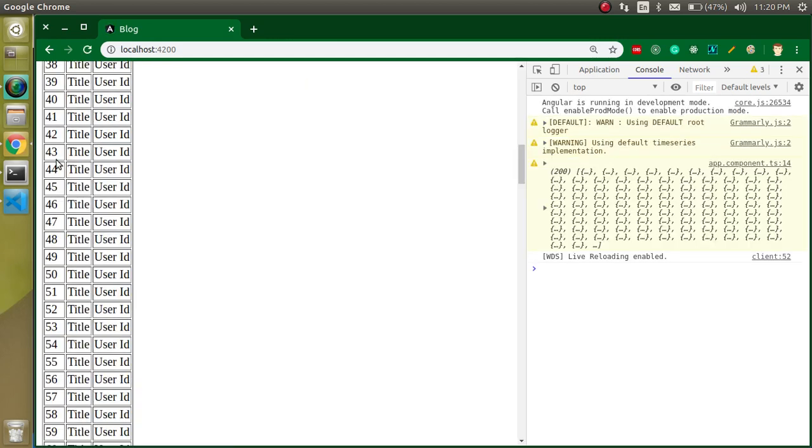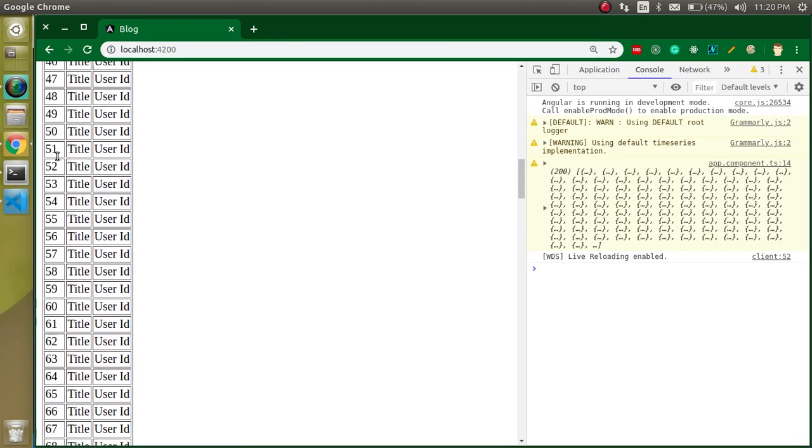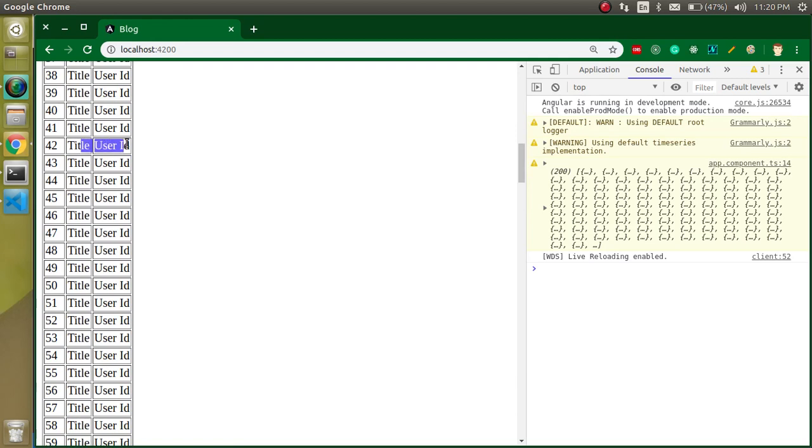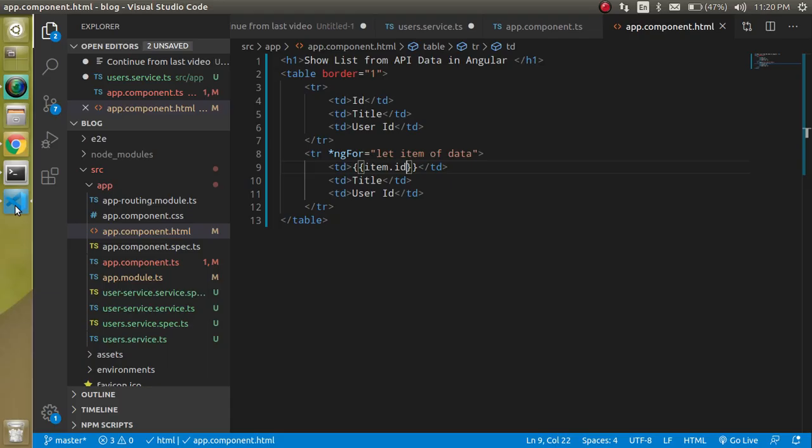Now you can see that one column is dynamic now, but the other two are still static. So let's use the data for another one also, like item.title, and then for the last one simply use item.userId, right?